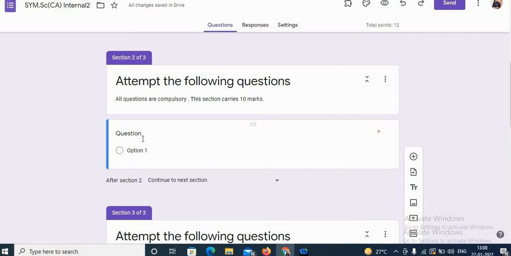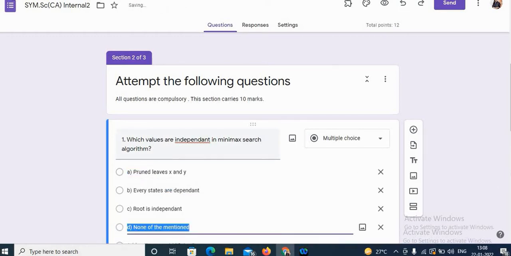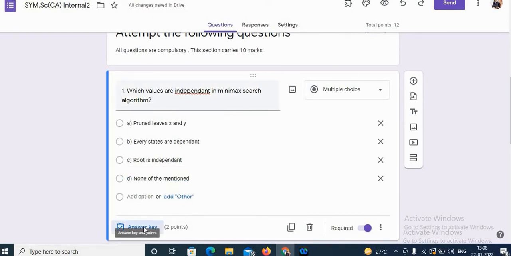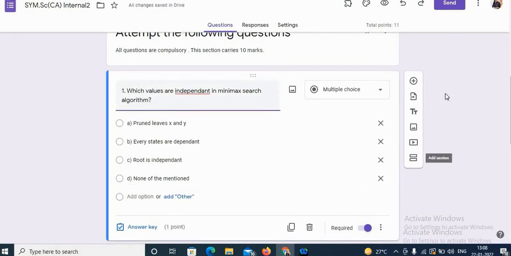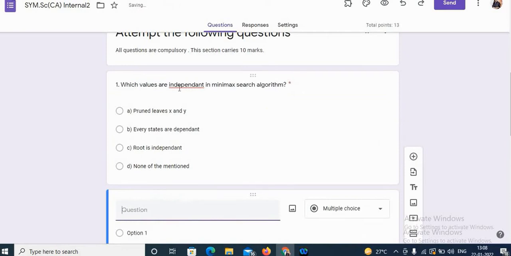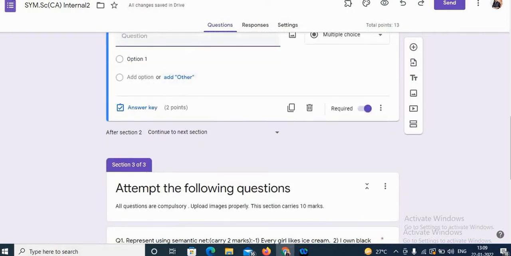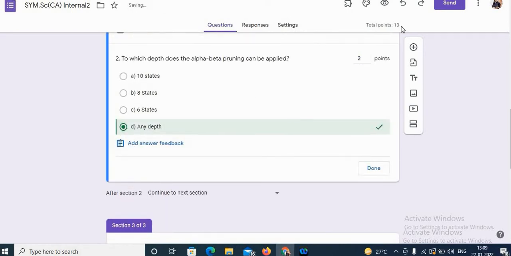of 10 marks. So I've given a heading, attempt the following questions, and some description. So I've copy and pasted the first question, and now I will copy the options. By default, the multiple choice option comes on the right side. Click on answer key to add points. Click required. With the help of the plus sign, you can add more questions. So in this way, in section 2, I will add 10 questions, each of which carries 1 mark. Total 10 marks for 10 multiple choice questions